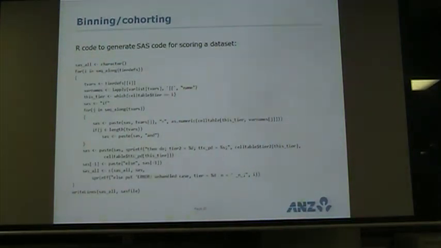Having done all the work in R, why wouldn't you just let R generate SQL code rather than SAS? Meaning, why have SAS in between it all? Oh, it's just to do with how ANZ, I think, does its business processes. So a lot of this stuff is handled in SAS. Historically they've used SAS code for doing all of this. So it's just fitting it in with the way it's usually done there. But yeah, okay. I'm waiting for your example of SAS generating R code. That's coming up next.